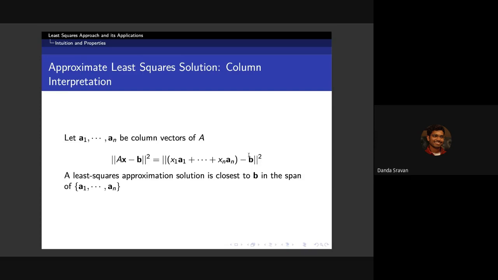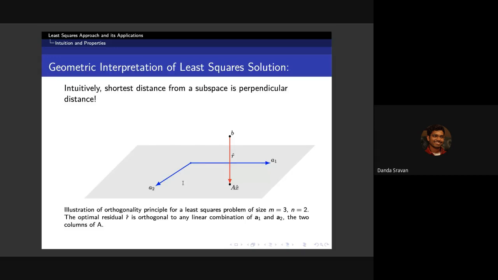So now we all know that the distance is minimized when the perpendicular distance is the least that we can get. So geometrically, this is what we have. So if I look at my column space as this plane that you see here. So for illustration purposes, I am using only two vectors here. And b is any other vector which is a constant. Then my solution A x hat, which we know is in the span of these two vectors, should be such that the difference between this A x hat and b should be perpendicular to each and every vector in this plane. So this is the intuitive idea.